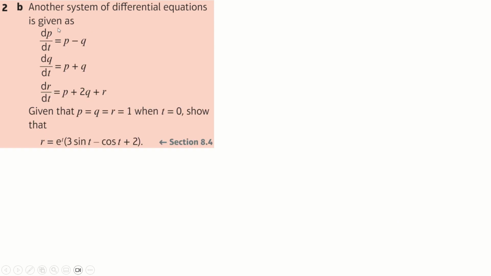Part B then, another system of differential equations. This one is going to be a little bit harder. I'm going to take this one here and differentiate it with respect to t. So it becomes d squared q by dt squared equals dp by dt plus dq by dt, just differentiating them all with respect to t. And now this result here tells me that this dp by dt, I can replace with